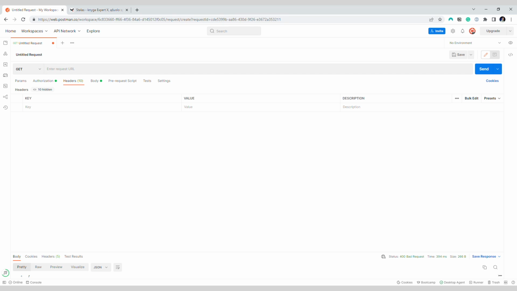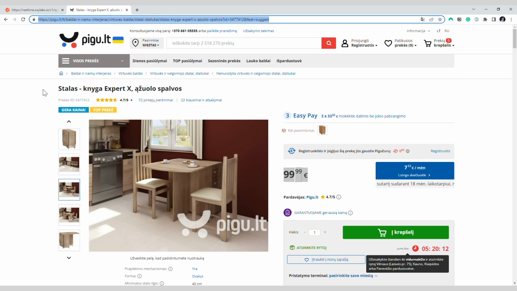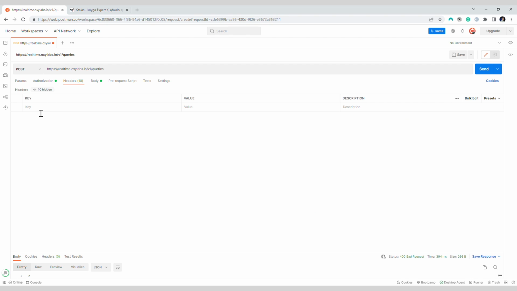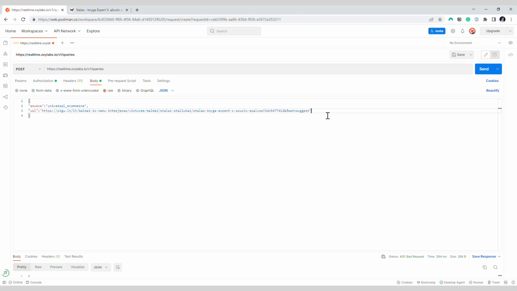In a sense, it's a simple REST API to which you send a request with specific parameters. In this case, I'll be showing an example of scraping this product from this website. So I'll copy the URL which I want to scrape. You can see I'm adding specific parameters like source to define the specific scraper, the URL which I just copied, and parser type, in order to activate our AI-powered parser,